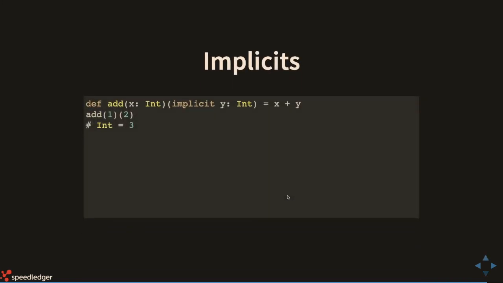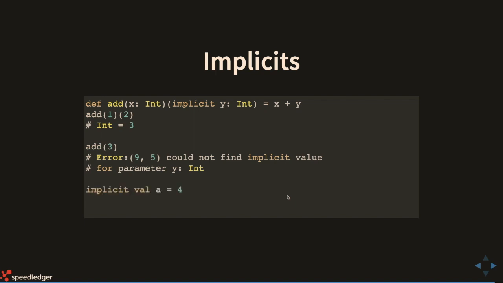But when we come to the implicits, it's where the magic starts happening. So here we have almost the same function definition as before, but we add an implicit y. And what the implicit y does is, to start with, nothing. If we just send in one parameter, nothing happens. If we send in two, it works. So what's the point? If we define a value that we say is implicit, then we can call it with one parameter. So in this case, we call it with 3, and it's going to add them together, and it's working.